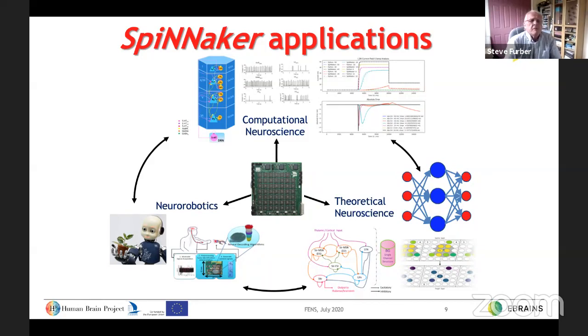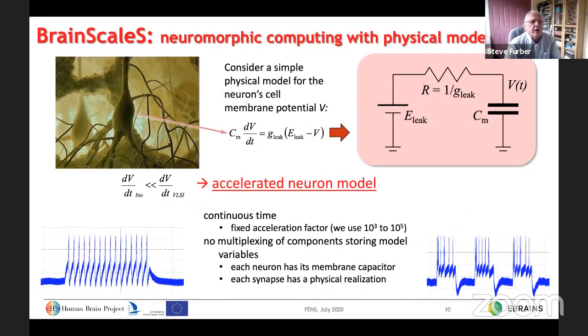The 2nd Human Brain Project neuromorphic computing platform is BrainScaleS, and this uses the physical model system. So the equations of the biological neuron are re-implemented in analog electronic circuits, which have very similar dynamics. One of the characteristics of electronics is the time constants tend to be much shorter, and therefore BrainScaleS delivers an accelerated model. Whereas SpiNNaker operated in biological real time, BrainScaleS operates 10 to the 3 to 10 to the 5 times faster than biological real time, which is very useful if you want to, for example, run experiments in long-term